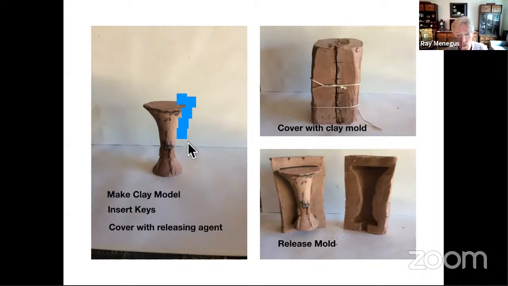You would cover the surface with a releasing agent. When I'm doing actual modeling, I use soap. I'm not sure what kind of releasing agent they would have used back in Neolithic China or the Shang Dynasty, but you had to cover it with some material that would allow the model inside to easily separate from the clay mold. So once you had your registers, your keys in place, you would cover the whole thing with clay and let it all air dry. Now you have to imagine that these keys, these registers, would be protruding out of this clay. You allow the whole thing to dry, you open it up,